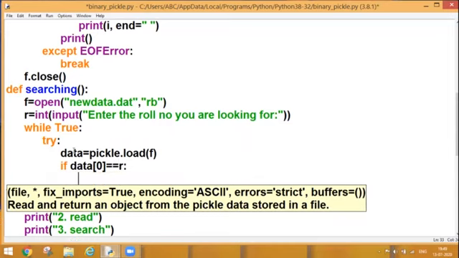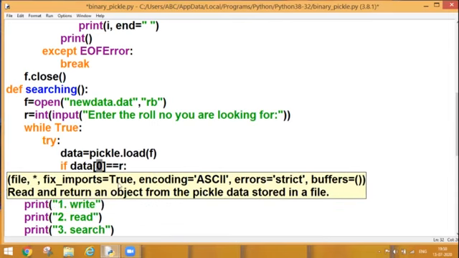So what is happening over here? My data is in list format basically, because I entered the data in the list pattern, and in the list pattern I added two variables. At the 0th index, I added my roll number, and at the first index position, I added the name. So I need to search the data on the basis of roll number, not on the basis of name. And my roll number is stored at the 0th index. So I'm going to compare this 0th index of my record with the roll number which I want.